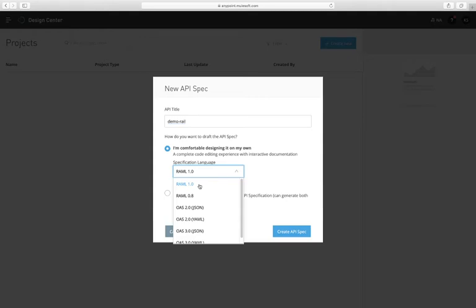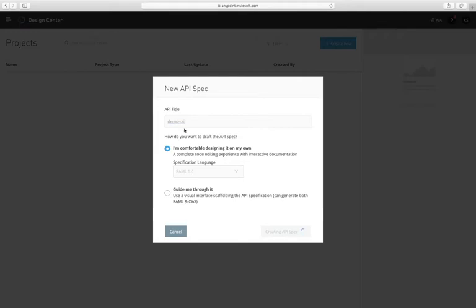YAML 2.0 is not supported by Anypoint platform till now; the latest supported version is 1.0. Using this, you can deselect the guide me through it option. Okay, then create API spec. So here we are providing the YAML name and YAML version.